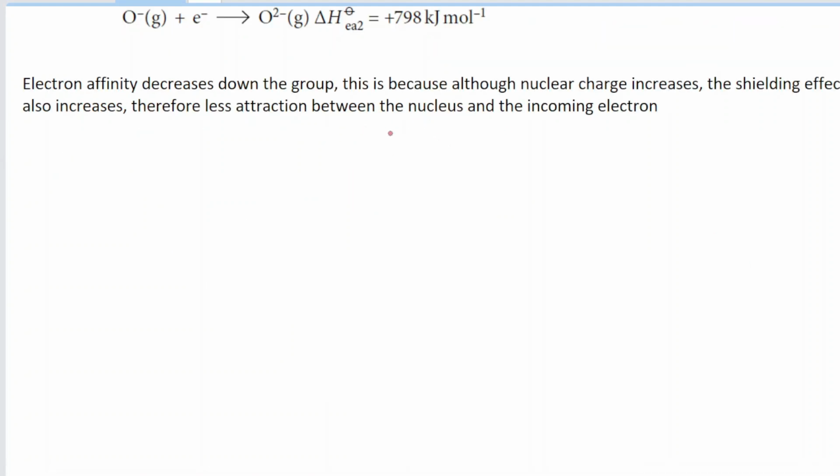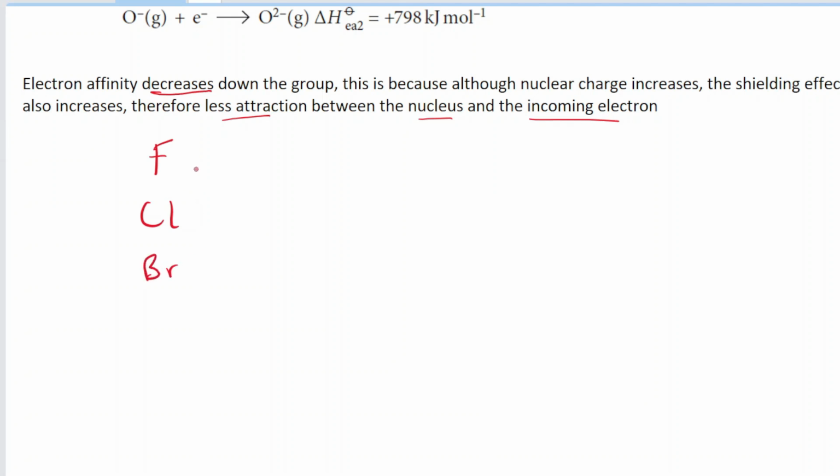Now lastly, you have to be aware of the trend in electron affinities. The trend is that it decreases down the group. Why is that? Even though the nuclear charge is increasing, the shielding effect also increases. Therefore, there is less attraction between the nucleus and the incoming electron. For example, let's take group 7. It has fluorine, chlorine,